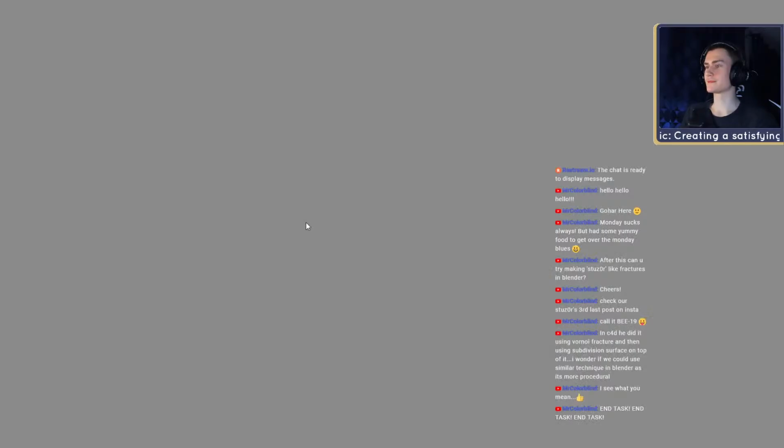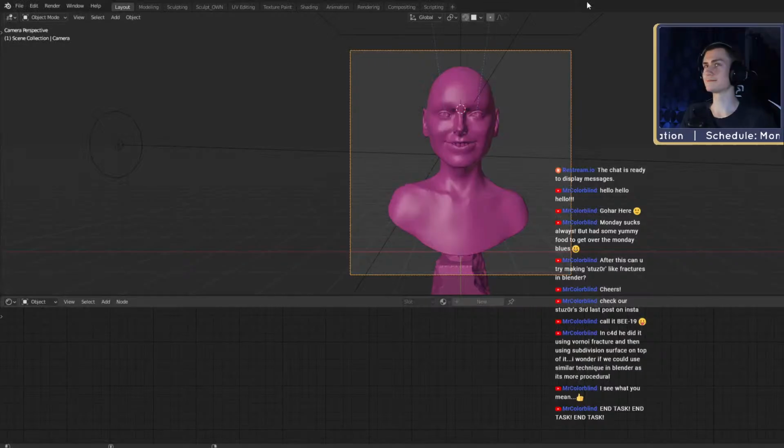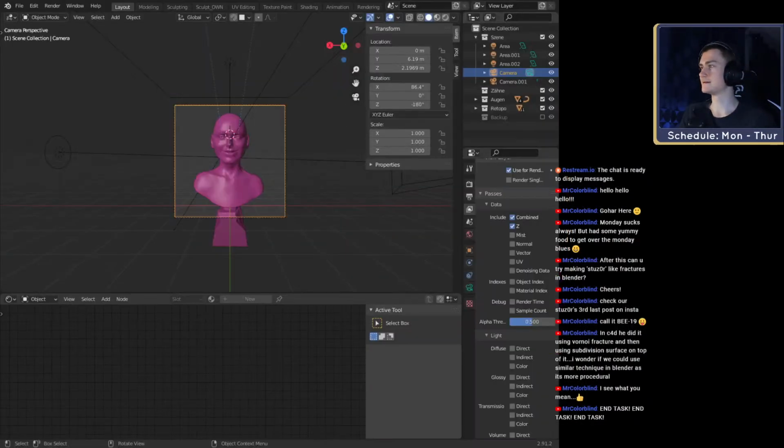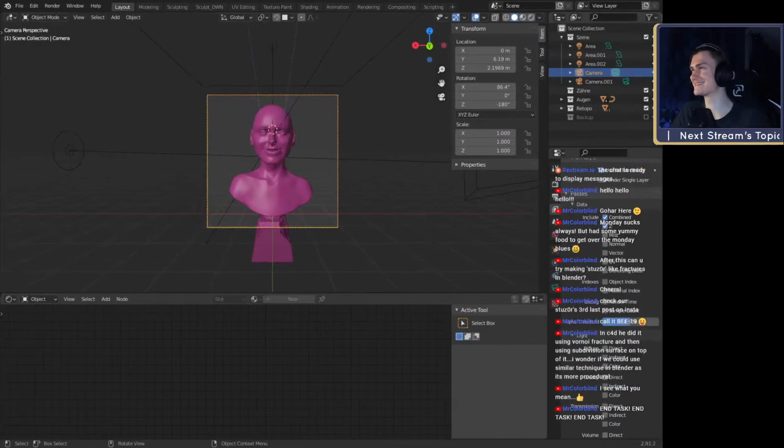Let's try it again. We could probably just open up the same blend file. Nope, there it is. Okay. Even my mouse cursor was trying to resist my commands.